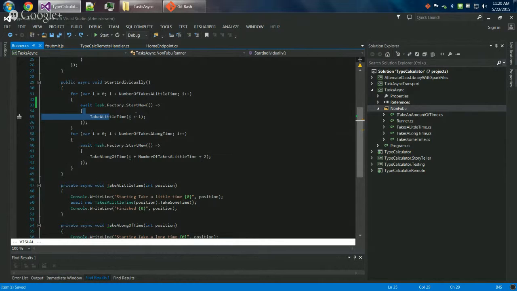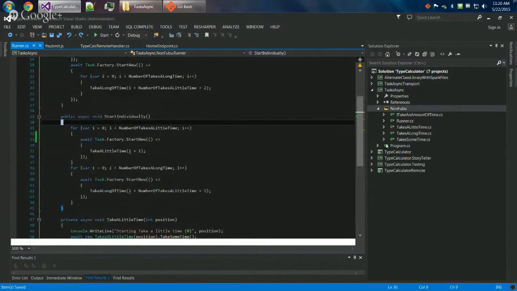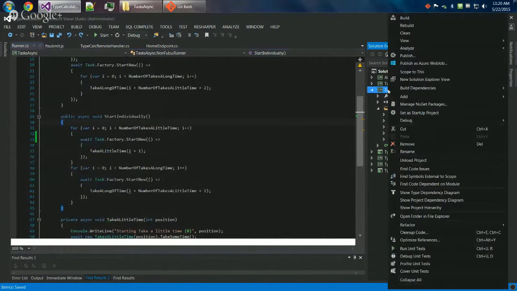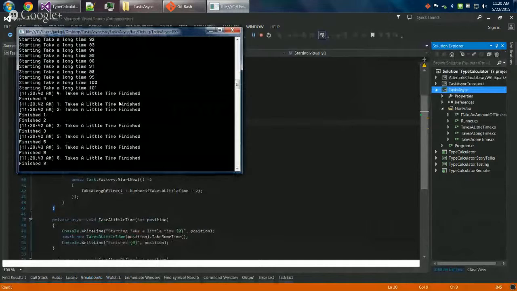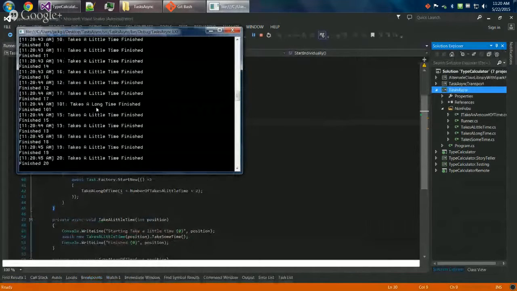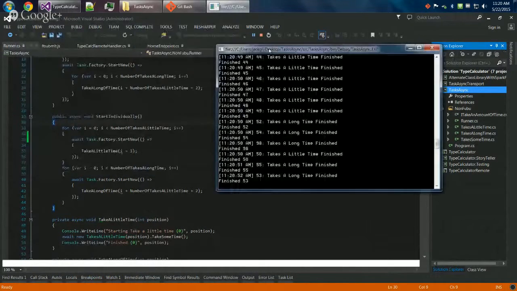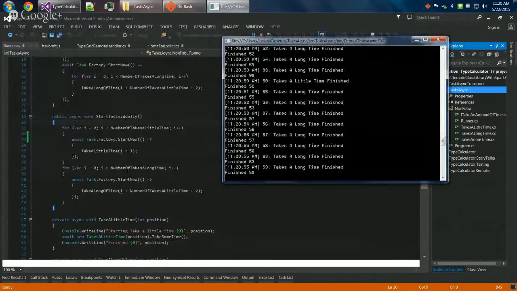So this little thing that I wrote right here, it's just a little console. So I'll go ahead and run it. All it does is it starts a bunch of tasks and then finishes them whenever they're done. I numbered them so you can see that they're finishing out of order, which is what the task async await